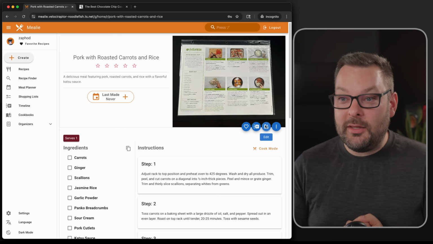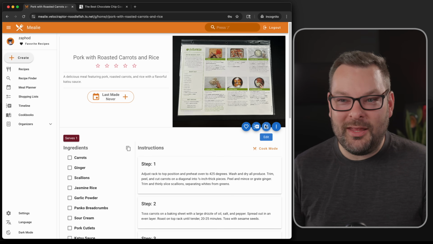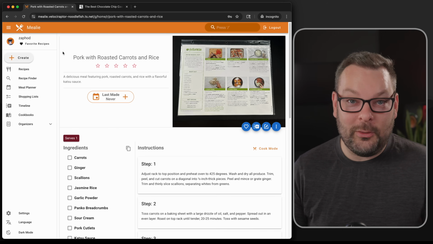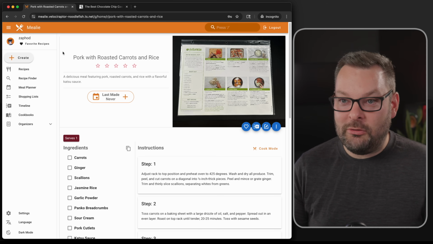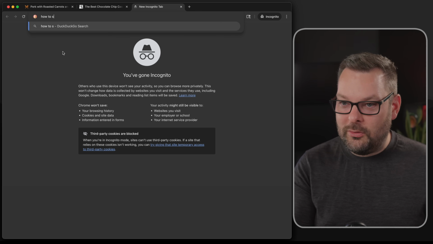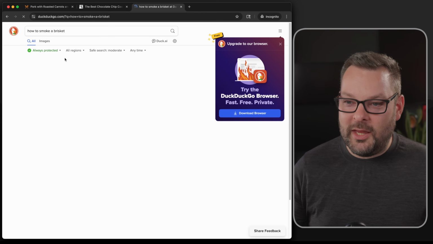Well, there you go. I mean, I know the AI stuff at the end was a little bit of a digression, but really this app is one that you probably lose an evening to messing about with, finding all the little features and little nooks and crannies where they've hidden stuff, and just the ability of, like, how to smoke a brisket, you know, being able to go to any